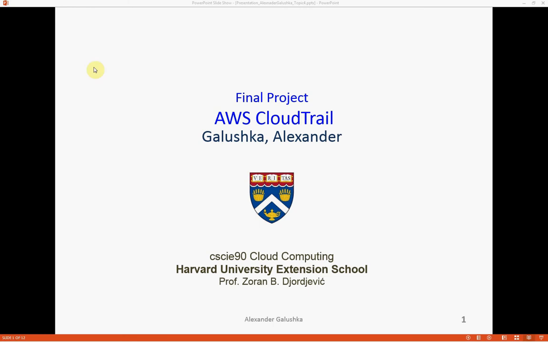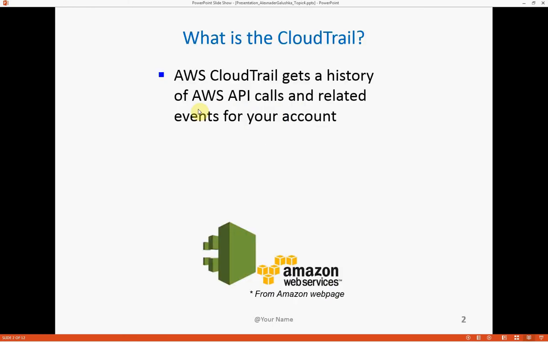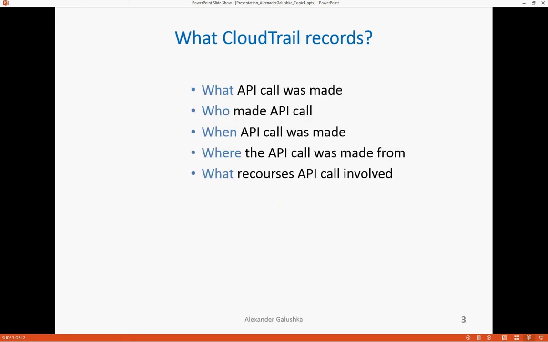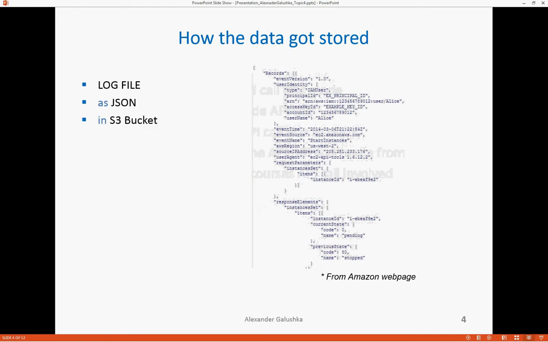What is CloudTrail? CloudTrail is the web service that allows you to get the history of all AWS API calls, the related events for your account. So what does CloudTrail record? It records the API call, who made the call, when and where the call was made, and the associated resources with that API call. And the data is stored in a log file in a JSON format in an S3 bucket that you configure